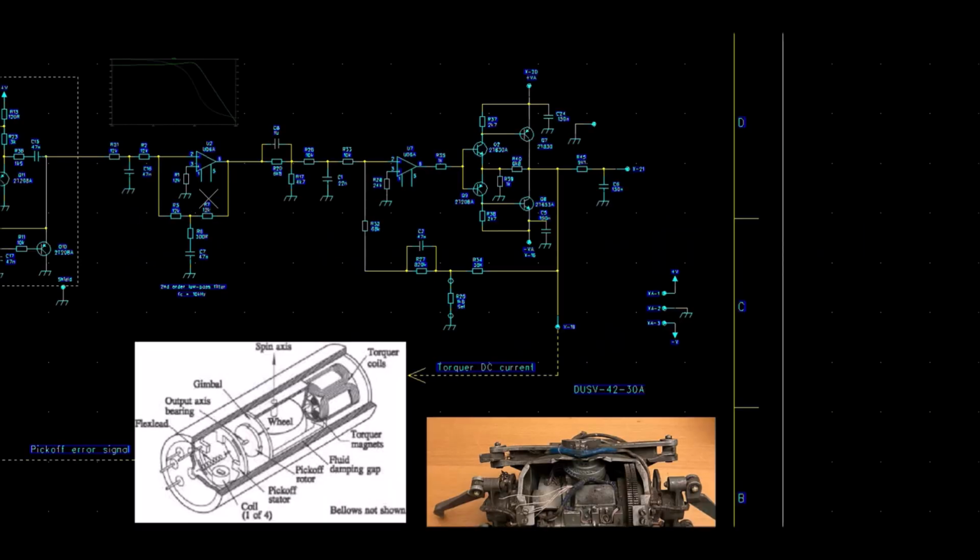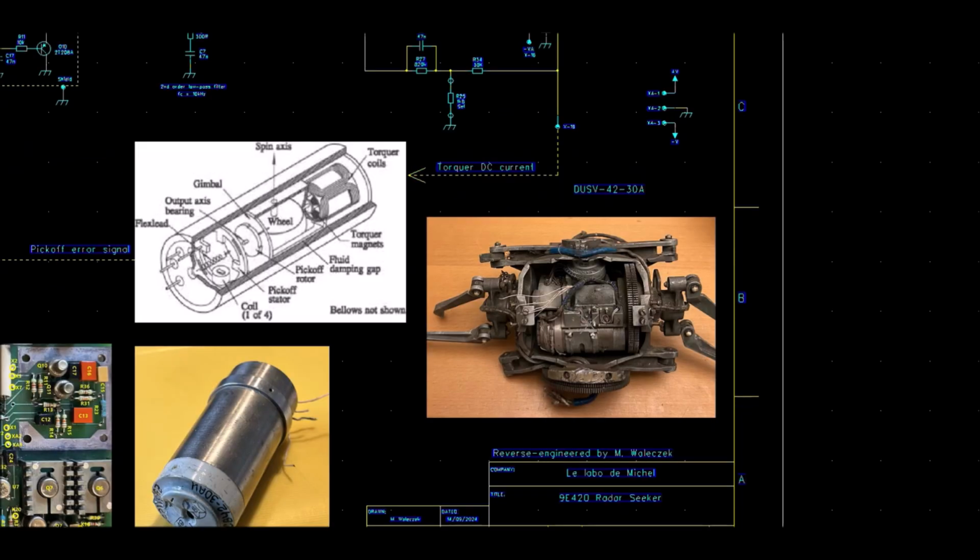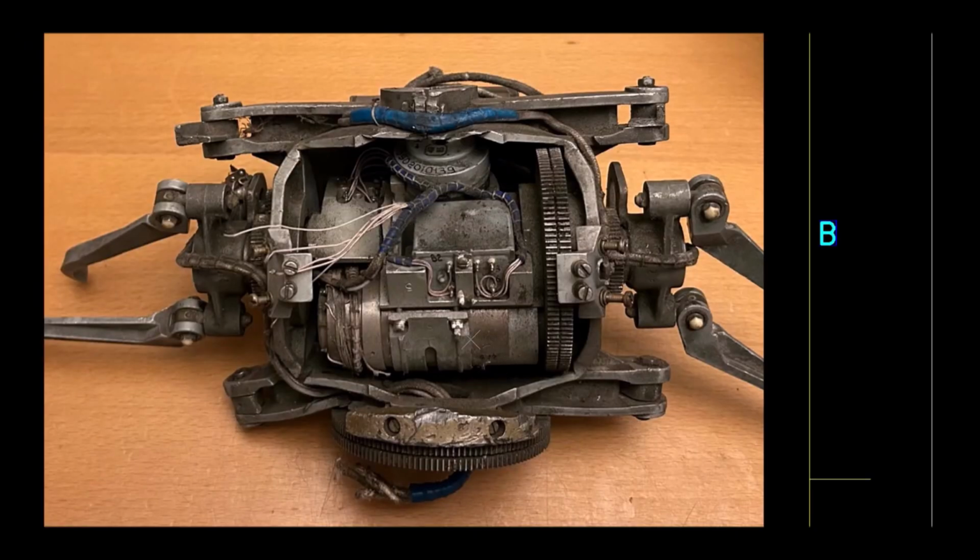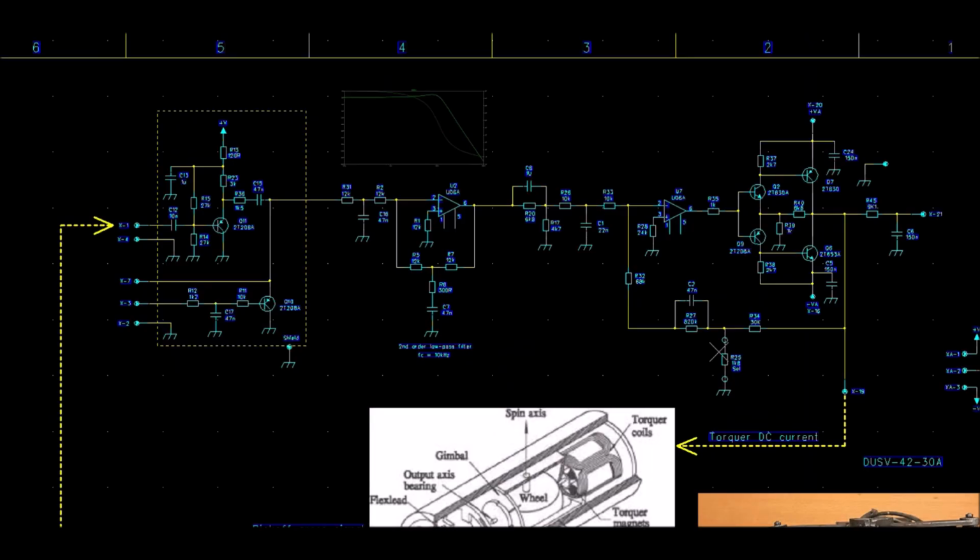So what can be the purpose of this amplifier? We can see on the antenna mechanism, which is here on that picture, we have two rate gyros here. This one and this one. We have also two accelerometers. Okay, and there is of course one motor for each axis. It seems clear that this amplifier is used for the rate gyro.